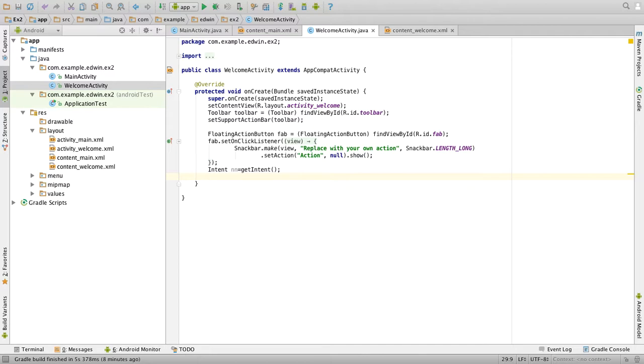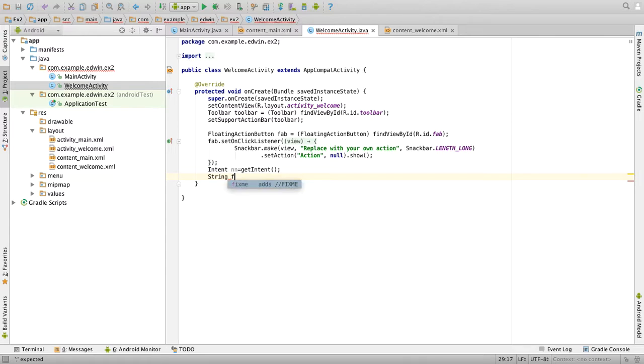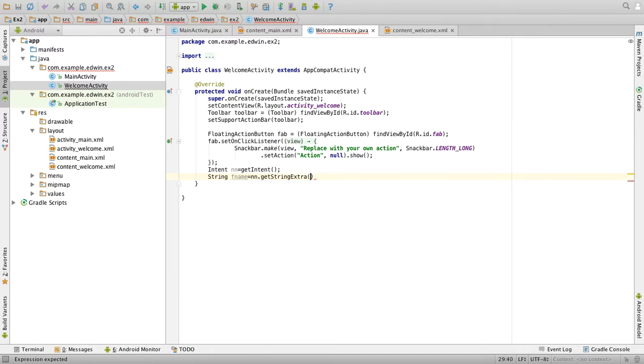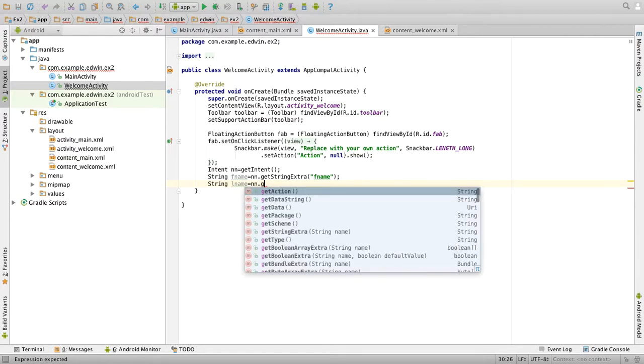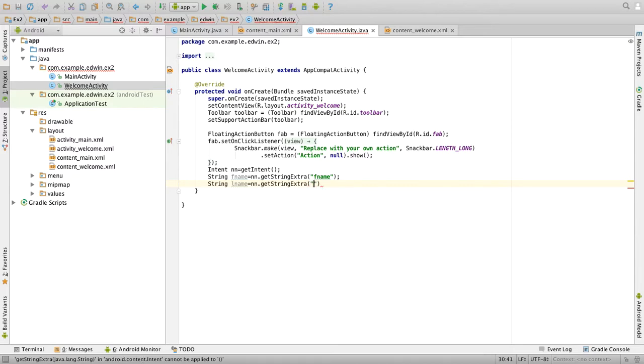So first we will get the value from the intent. String fname equal to nn.getStringExtra of the name here, the first name. Then String lname equal to nn.getStringExtra of lname.